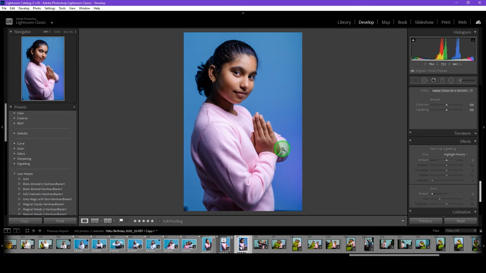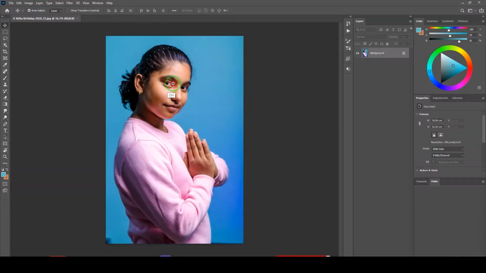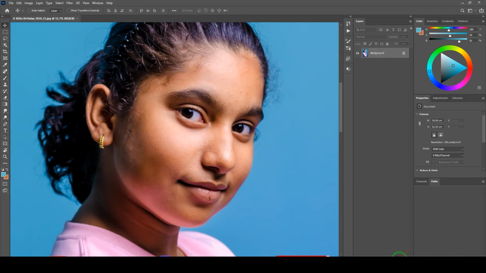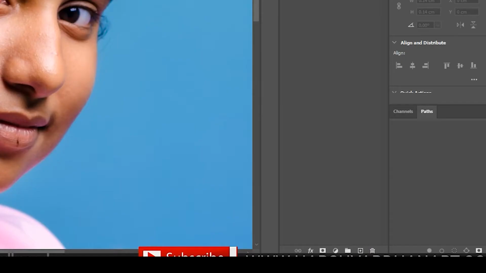What we'll do, we'll take it to the Photoshop, and then we'll do the advanced editing over there. So let's jump to the Photoshop and start enhancing this image even further. So we have opened this image in the Photoshop, and now let's create a new blank layer by clicking this icon, and then